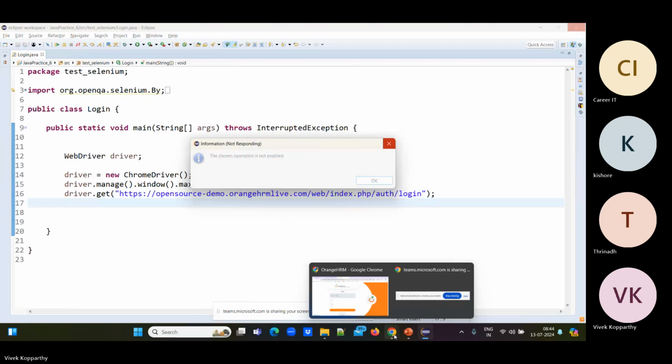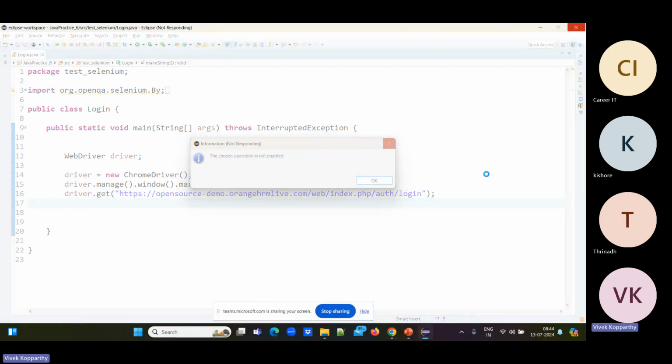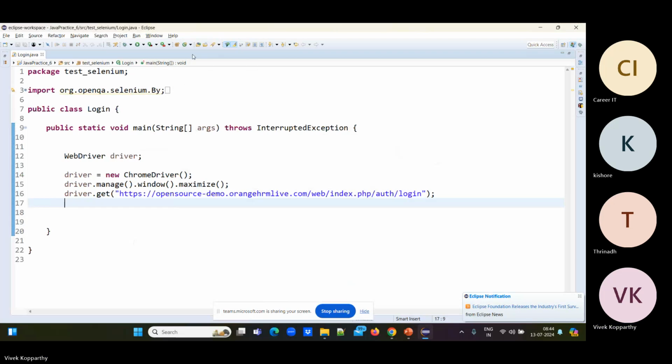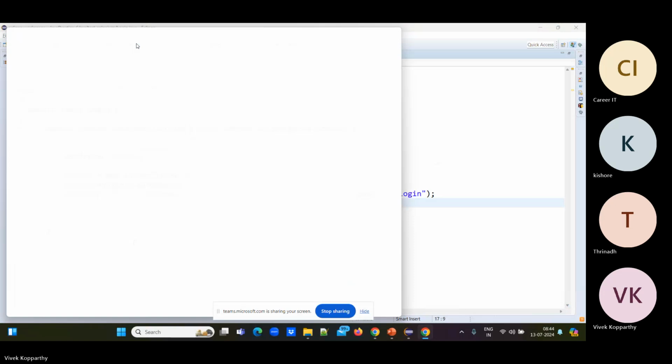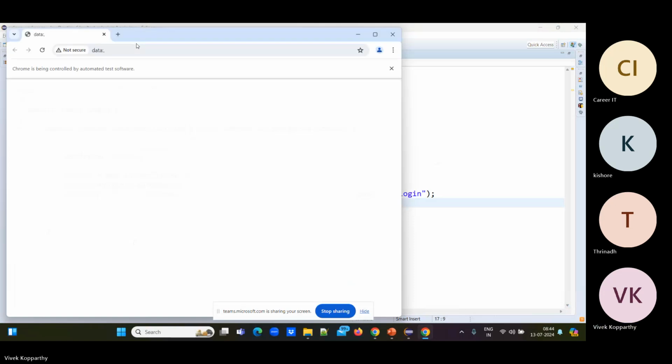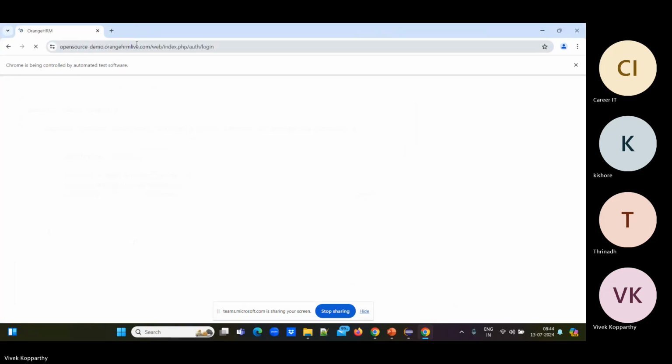It opens an empty browser and it's maximized.